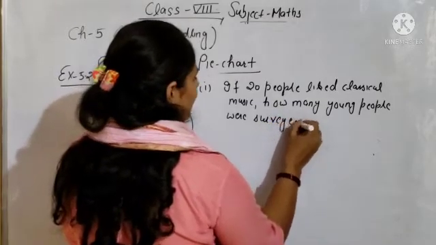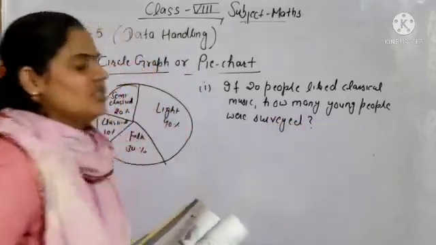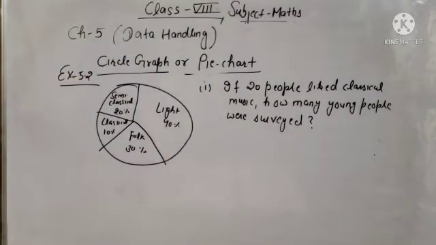How many young people were surveyed? So first question, it is given, first of all, a survey was made, सर्वे किया गया बेटा यंग पीपल्स का। उसमें क्या था, उस सर्वे में ये पाया गया कि यंग पीपल का सर्वे कि किन लोगों को किस टाइप का म्यूजिक पसंद है। सो सेमी क्लासिकल जो है वो 20% लोगों को पसंद है, क्लासिकल 10% को, लाइट म्यूजिक 40% को, और फोक म्यूजिक 30% लोगों को। सो आफ्टर दैट a pie chart, a circle graph is given, you have to give the answers of the following questions.